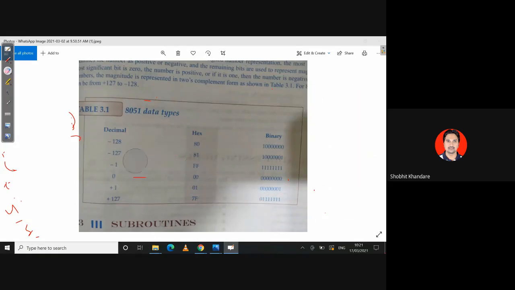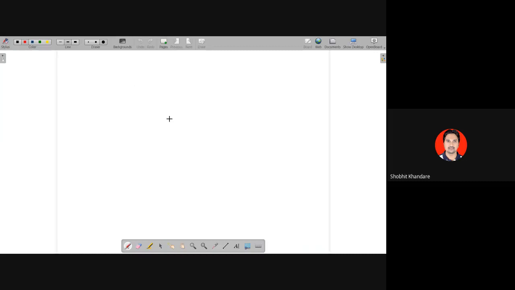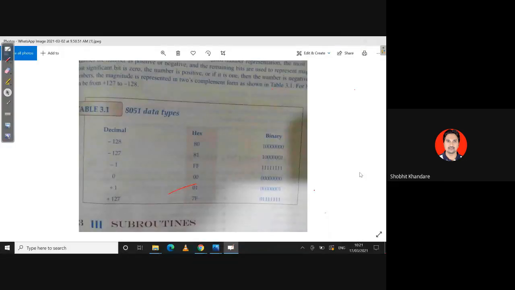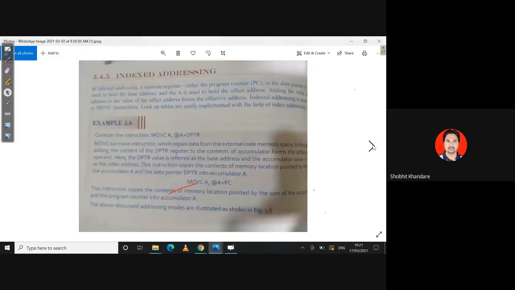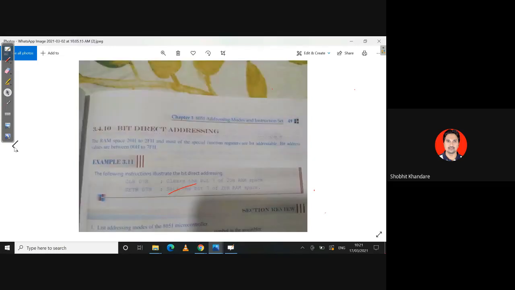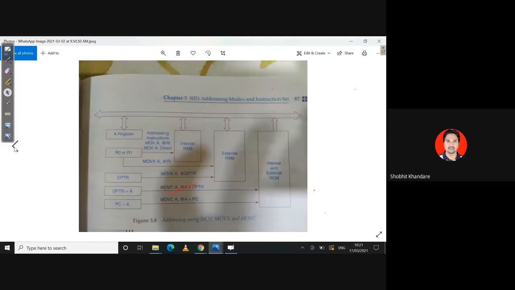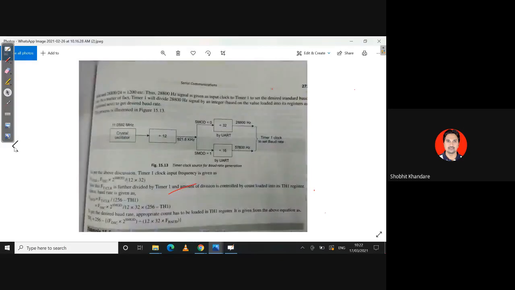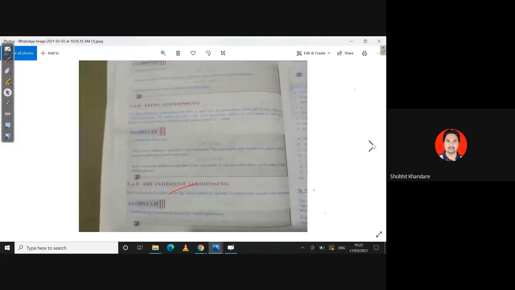Now we will see the addressing modes. Okay, we will start with the addressing modes now.